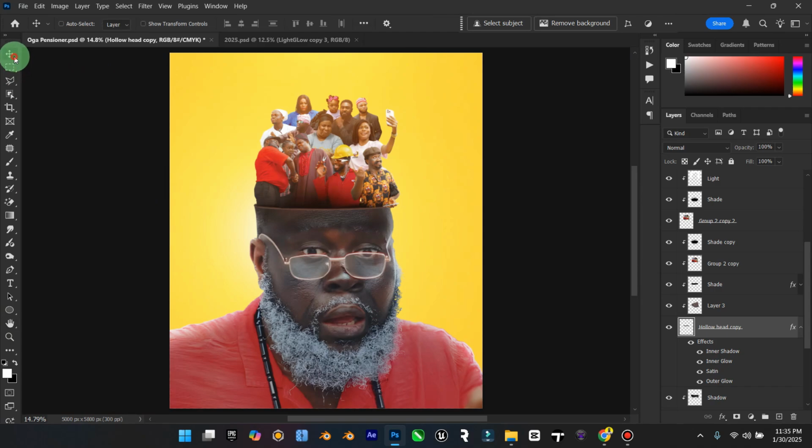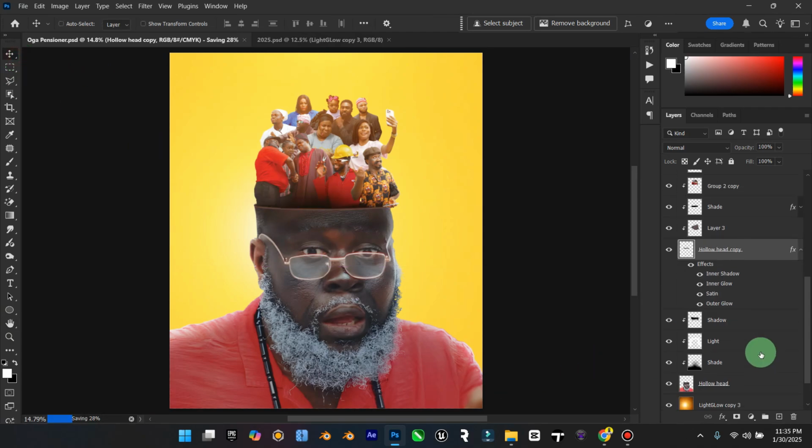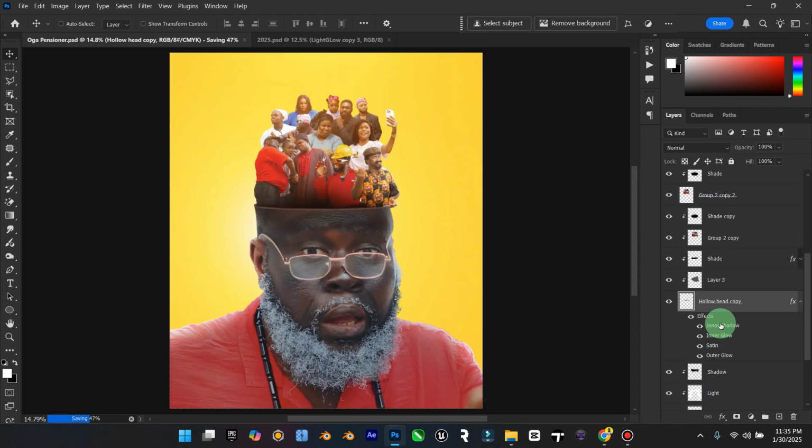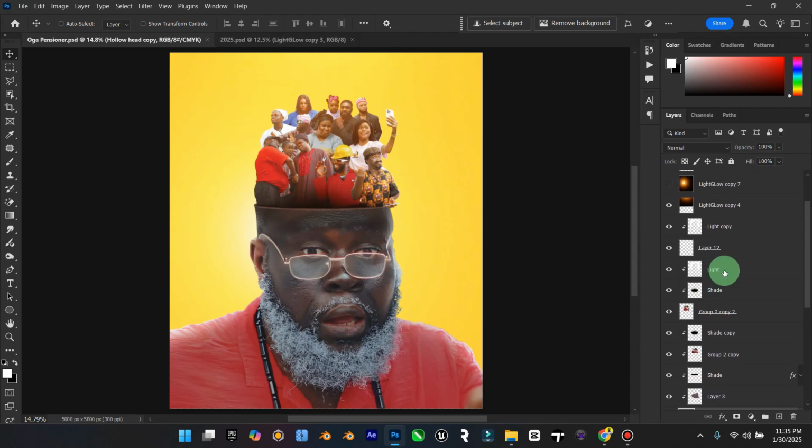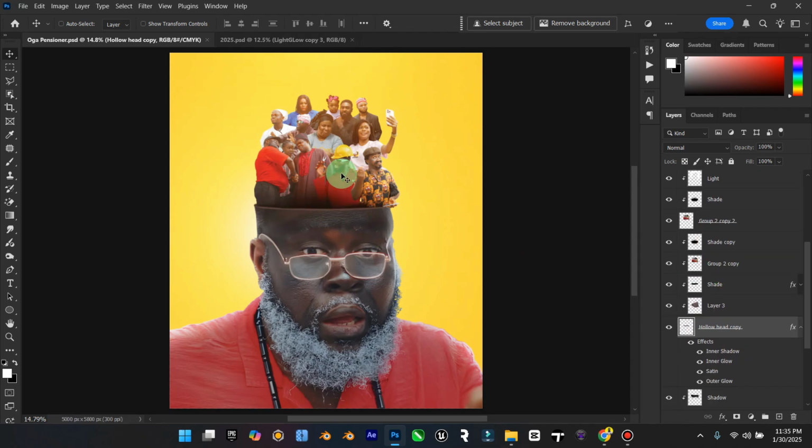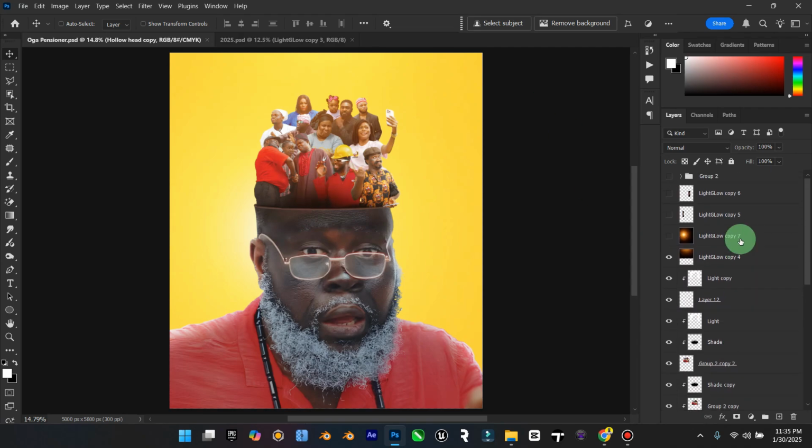Now it looks more realistic. So apparently where I was adding the effect was not on this hollow head. I was adding it somewhere else. I don't know where it was, but you can definitely see that it looks more, you know,